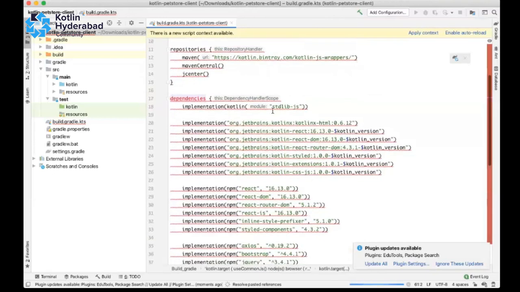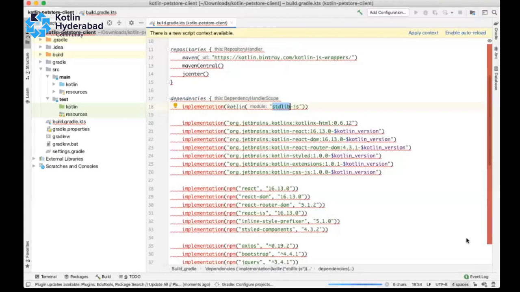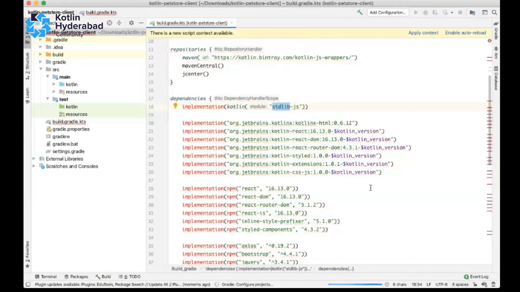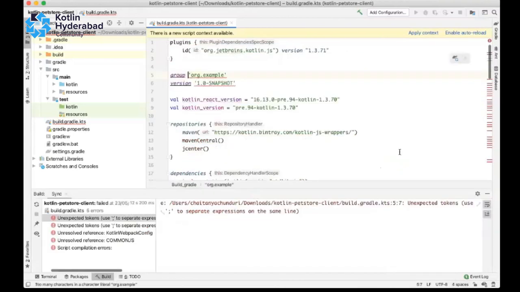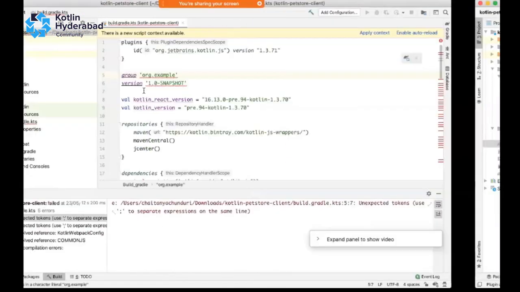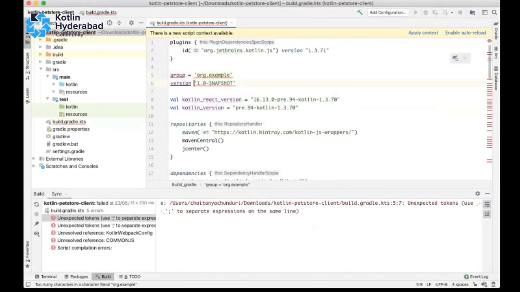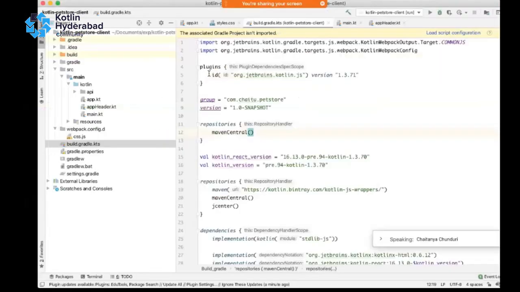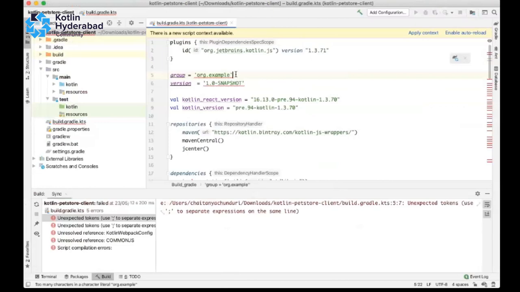Standard lib JS is already there. Let me build this. Generally in Gradle DSL we don't need to use equals, but here we have to, and then we need to keep them in a combo.